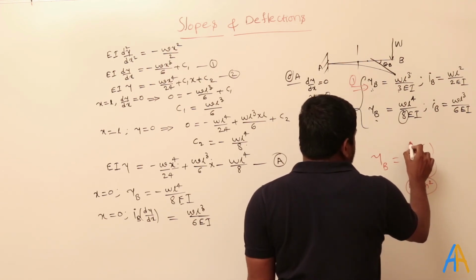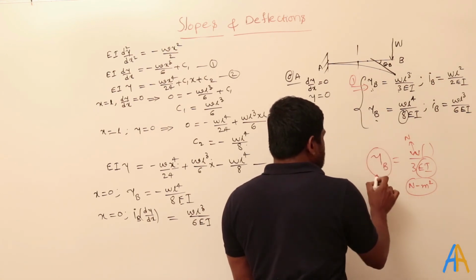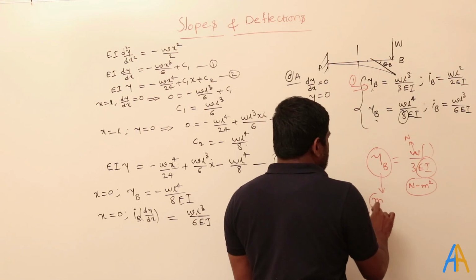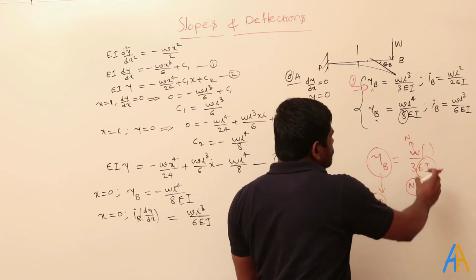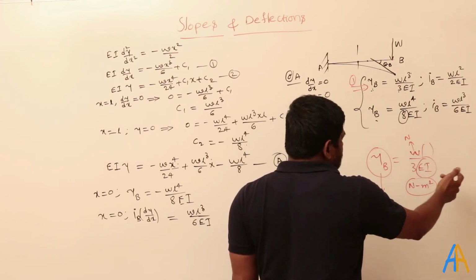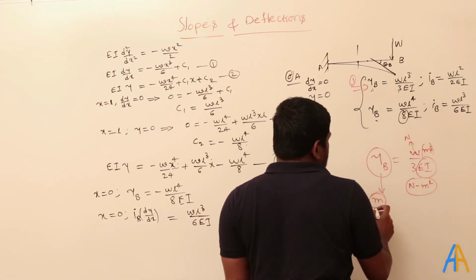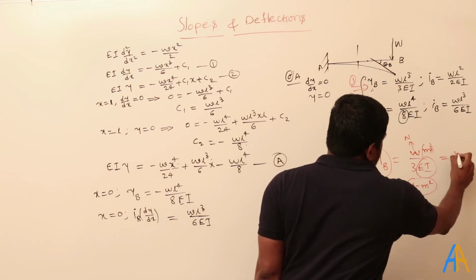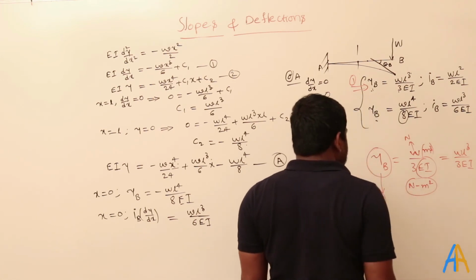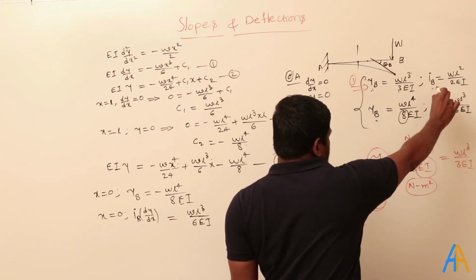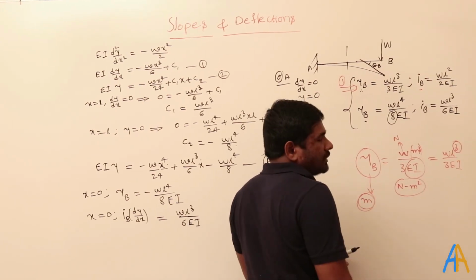And what is the dimension of W? N. Okay. Then what is the dimension of the deflection? The deflection dimension is meter. Of course, you can convert into mm, but it is a meter. So finally, you should get a meter after cancelling everything. That means here it should be meter cube. Then only you finally end up with the meter. So whenever it is a meter cube, then I can write WL³/3EI. And always remember that for the slope, the L power is 1 less compared to the deflection.